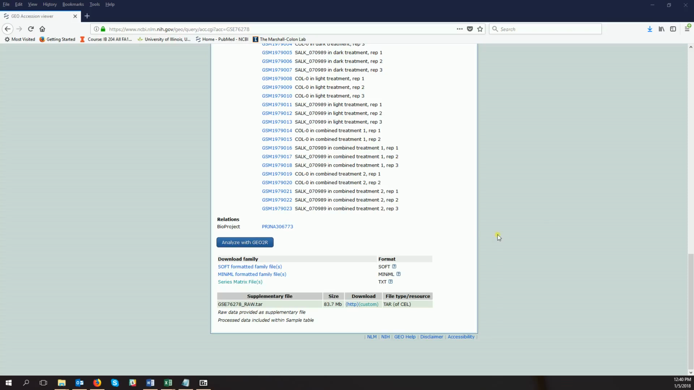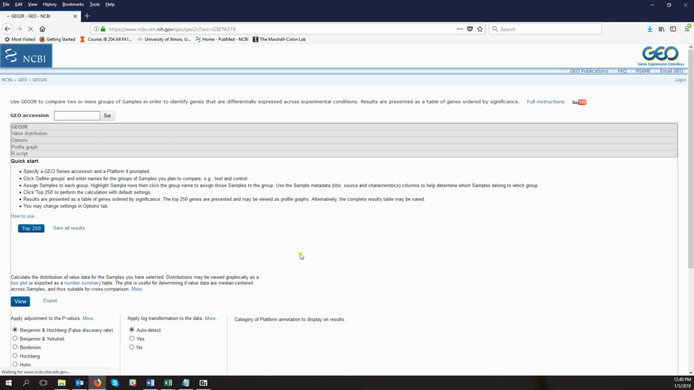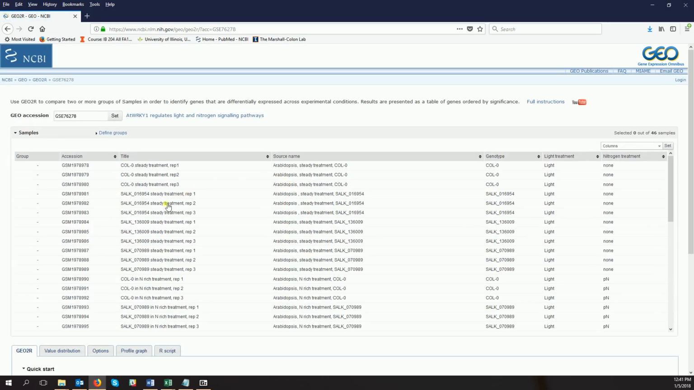Now let's go back to GEO to perform differential expression analysis using GEO to R. Click Analyze with GEO to R. All of the samples will automatically be loaded, but for this tutorial we only want to compare wild-type and mutant plants under control and nitrogen treatment conditions. We do this by first defining the groups we are interested in analyzing. So click Define Groups and type